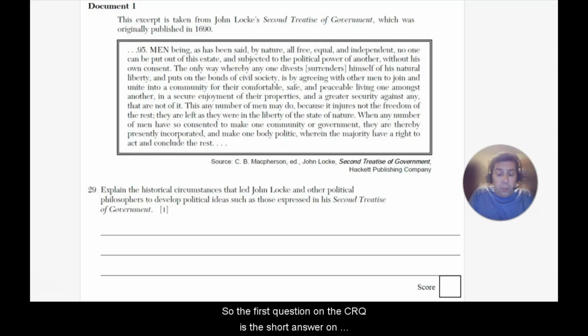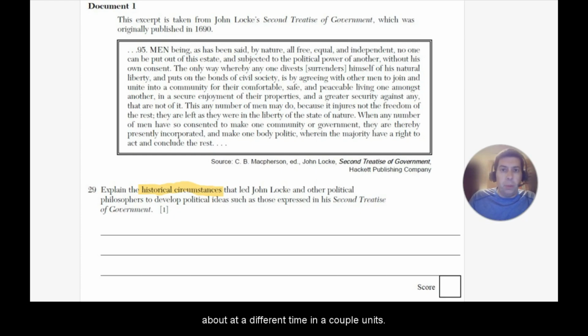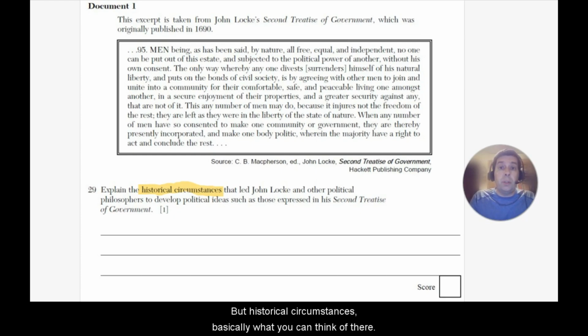So, the first question on the CRQs, the short answer on your Regents exam, again, 28 multiple choice, and then you have the 7 points worth of CRQ points, constructed response questions. The first one of each set is either where you explain the historical circumstances, and I will highlight that, or explain the geographic context. Geographic context, we'll talk about at a different time in a couple units. But historical circumstances,